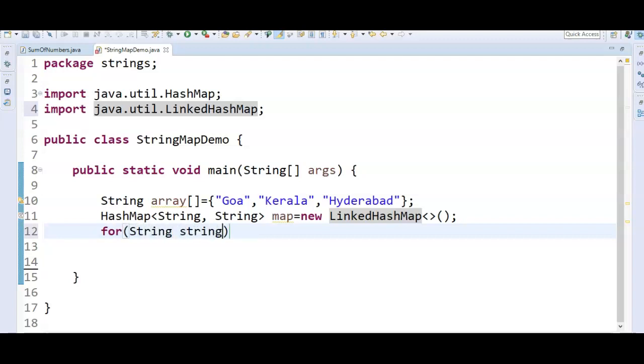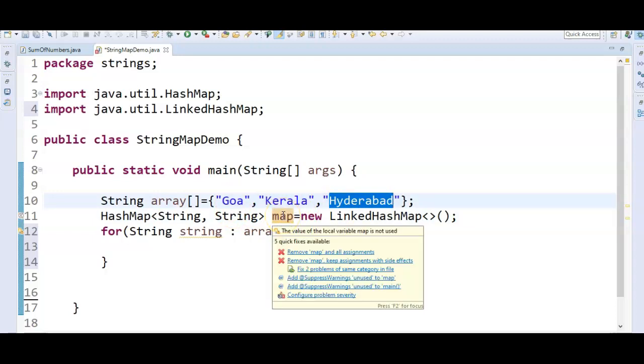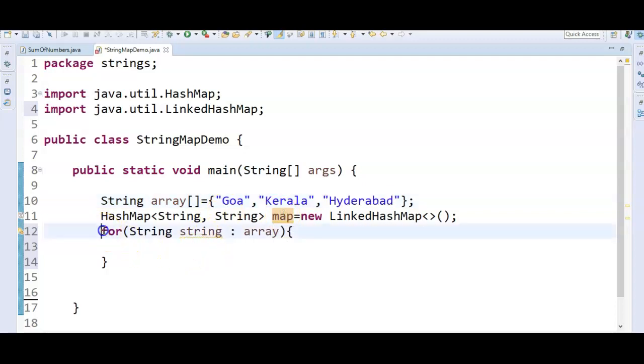For the string array, we need to iterate through this string array, extract the first three characters and put them into the map. Iterate through each string in this array and add it to the map. So how do we do that? For that we are using the for each loop.